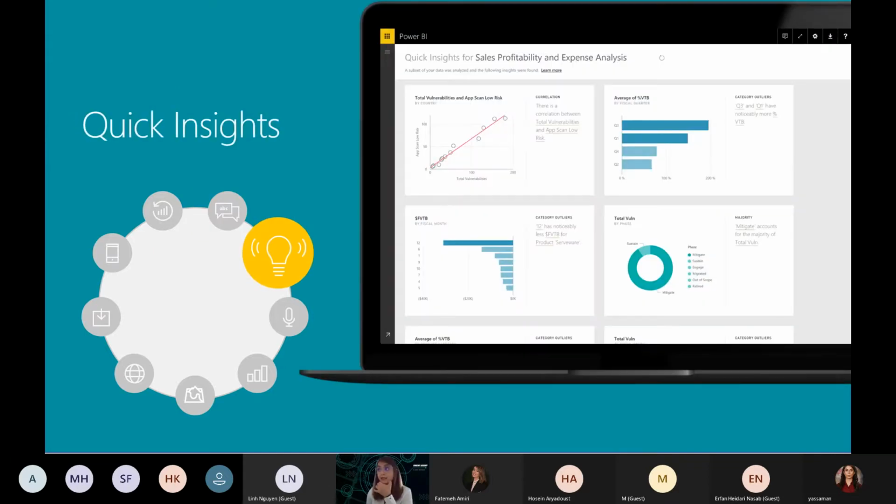We have Quick Insights in Power BI. There is a machine learning algorithm behind it. Of course, you are not seeing that algorithm, but if you are not sure about what you are presenting and you think, okay, there is something more in this data, but I cannot find it or I cannot present it, then you can use Quick Insights. You can ask Power BI to present it for you, and it will automatically create visualizations and connections in your data based on what you have introduced as the data model.